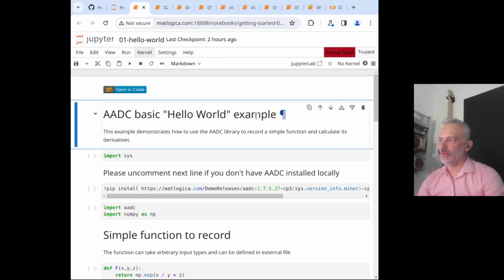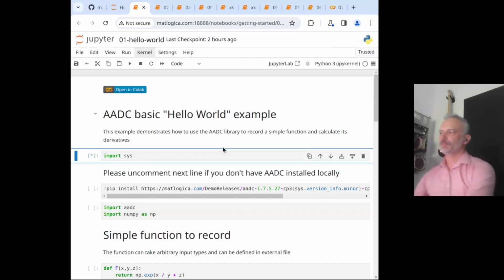So the basic hello world example, Natalia did fill you in that the approach we take is by executing a single sample of your original algorithm, be it implemented in C++ or Python. And I go through the steps that are required to do that.